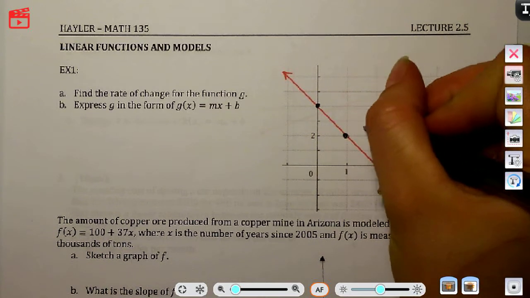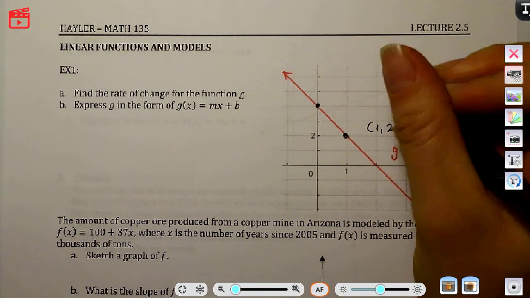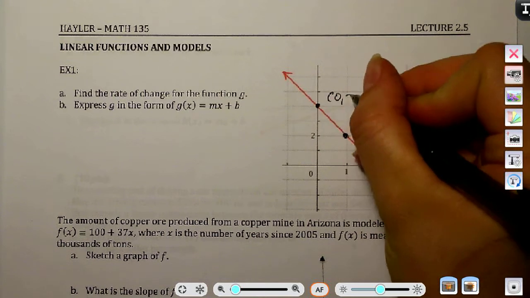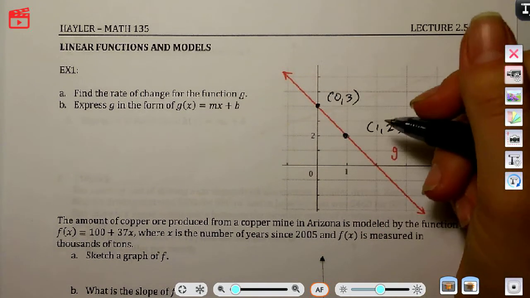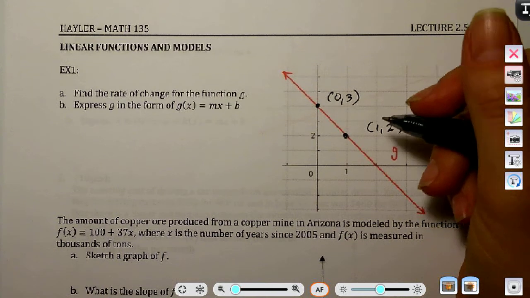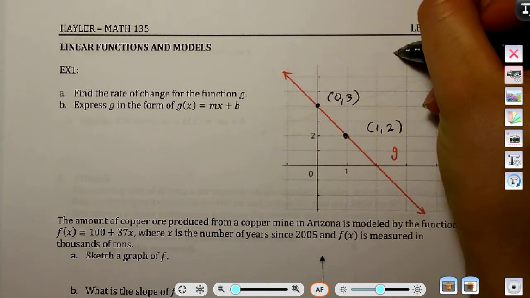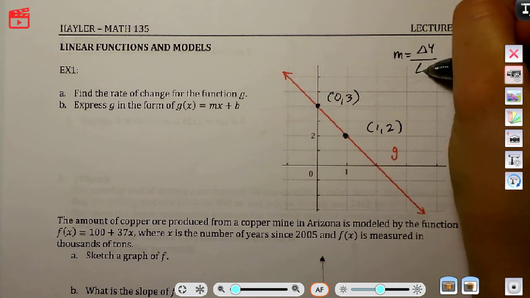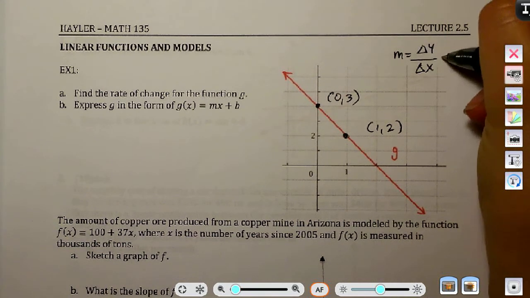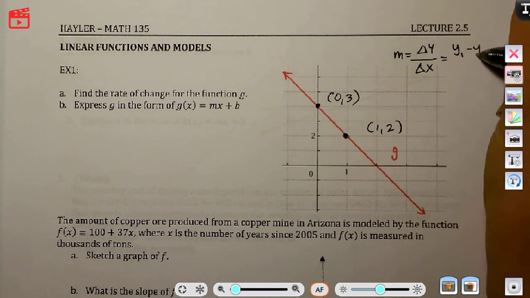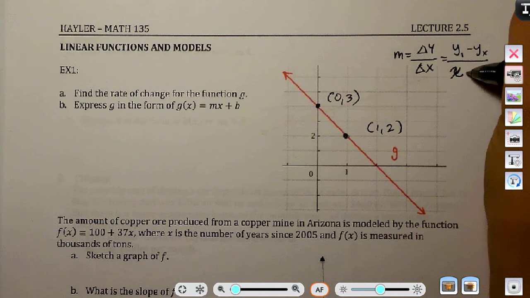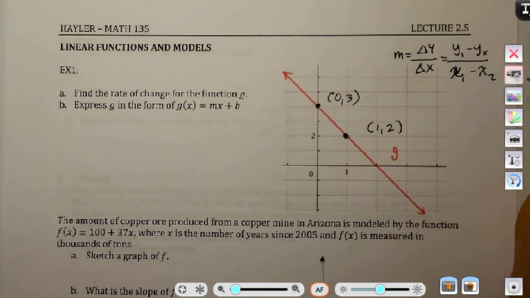And let me identify them. This is (1, 2), and this point is (0, 4). So there are 2 ways that we could find the slope here. We could use the formula m equals the change in y over the change in x. That little triangle there means the change. Oops, sorry, that's supposed to be an x. We could go ahead and use that formula, plug the points in and solve, but instead I'm just going to